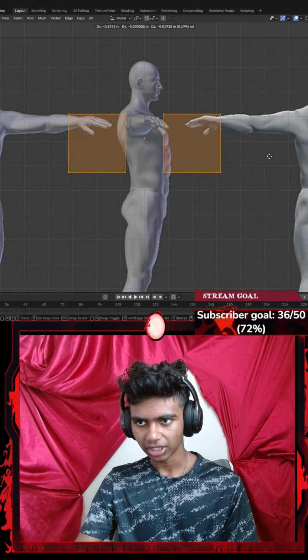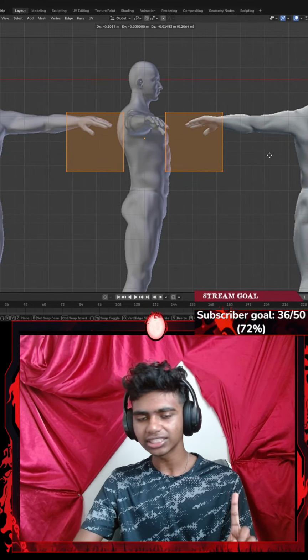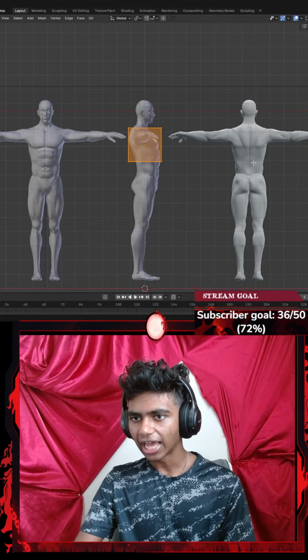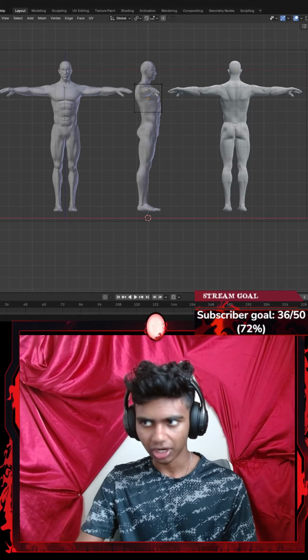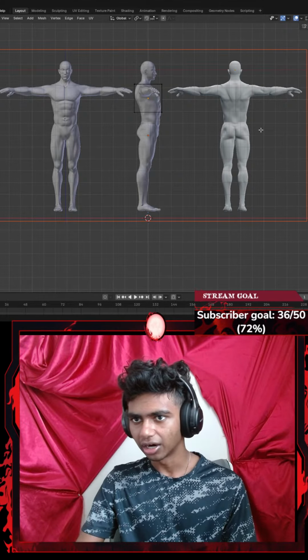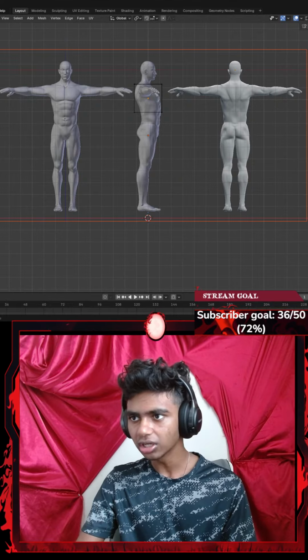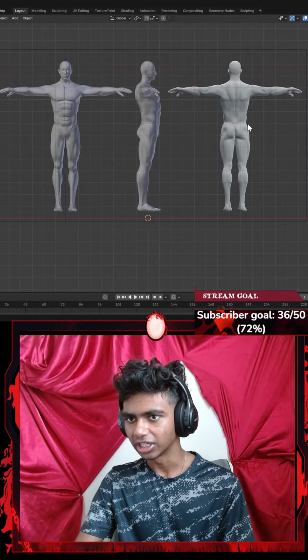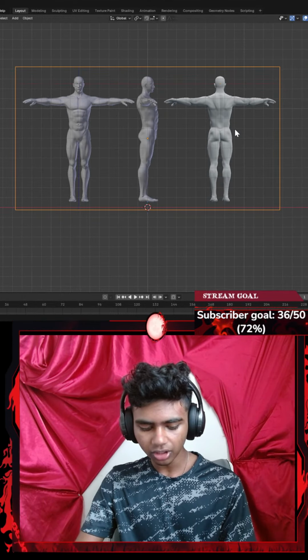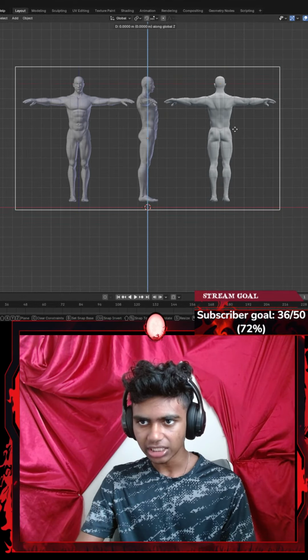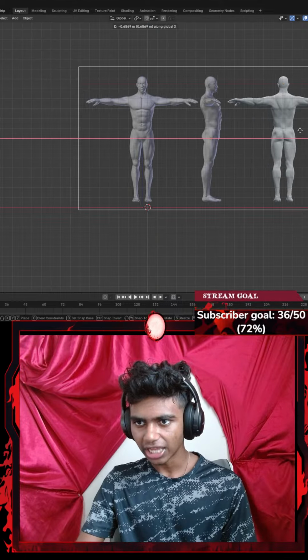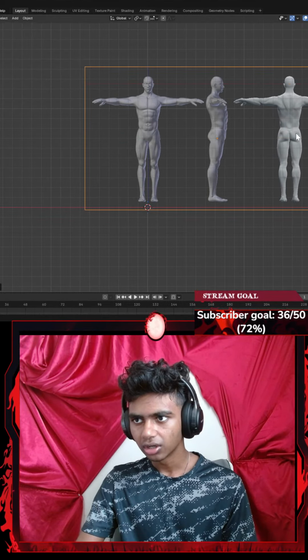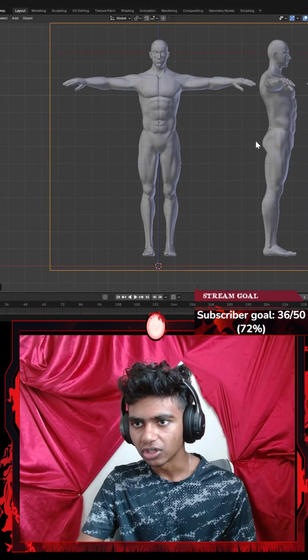Let's go with G. Oh, I see. Okay, I think I see, guys. I have to change my preview here. I'm going to go with my image here. Let's go with G. I can't have access to my image before I delete this thing. Now I'm going to go with G and X. I'm going to get this right here. My y-axis should be my front preview.